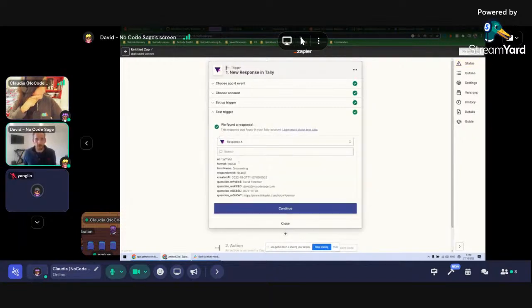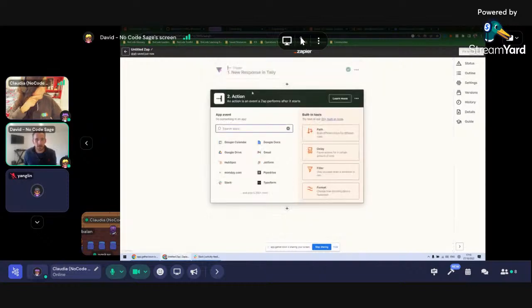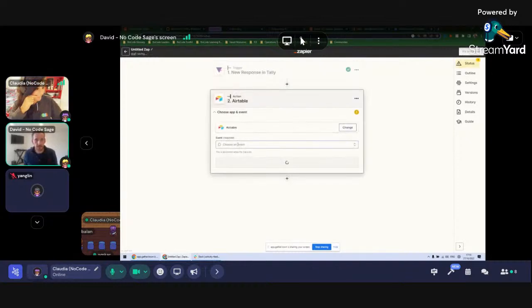So that's the trigger bit. So we've got that now, and you can see that I put through a test record earlier on, and you can press continue, and then you would go to an action. What did I say I was going to do next? Airtable. So again, I just select Airtable from the list, click create record,